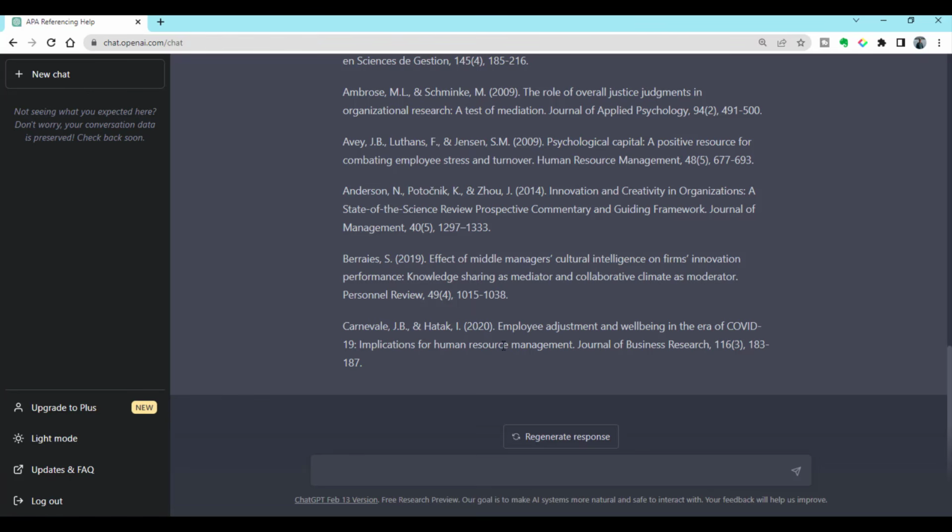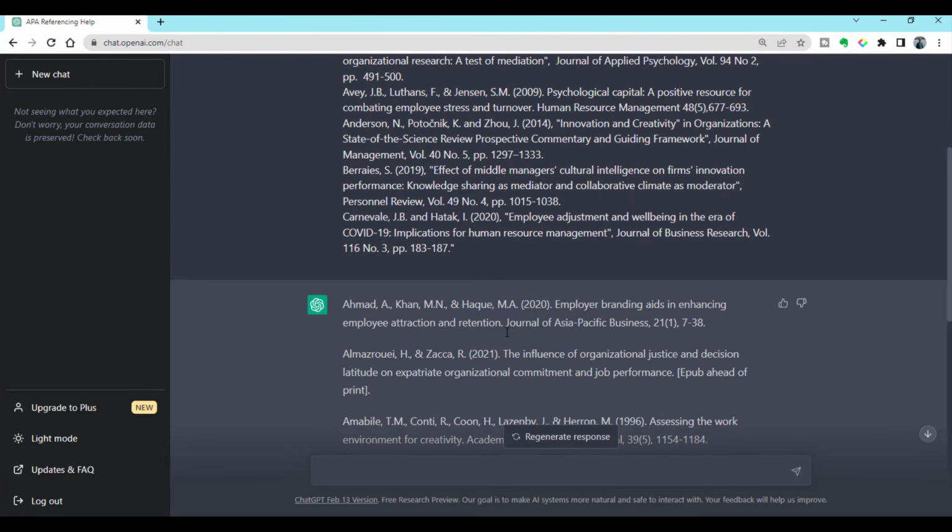Look, all the references have been changed into APA style. And if I need to make the changes manually, you can see how much effort it will require.